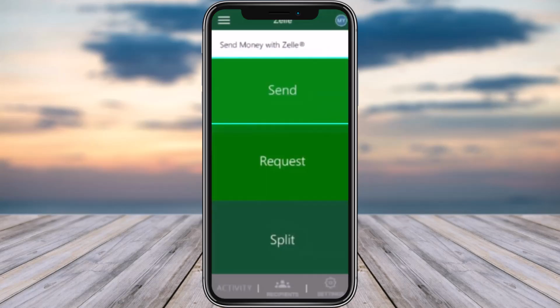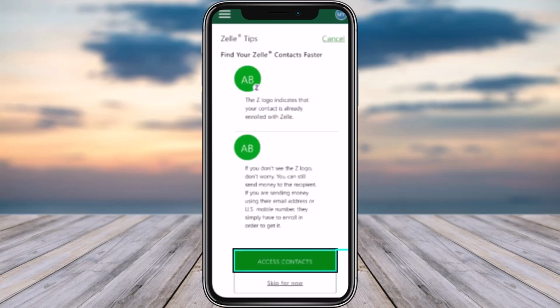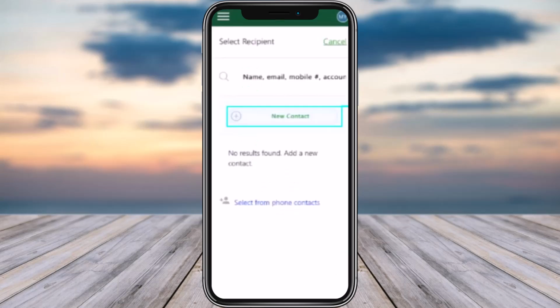Then right afterwards, this kind of interface is gonna pop up with three options including send, request, and split. Since we're gonna send, tap on the send option on top. Then this interface is gonna pop up right over here, which will ask you to simply access your contact for you to choose whom you would like to send. Tap on access contact. Then from over here, if you have already somebody selected, you can select